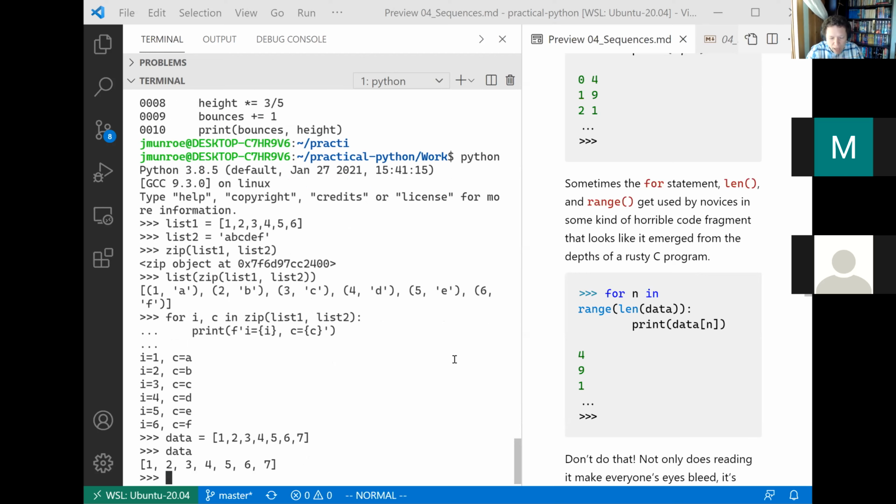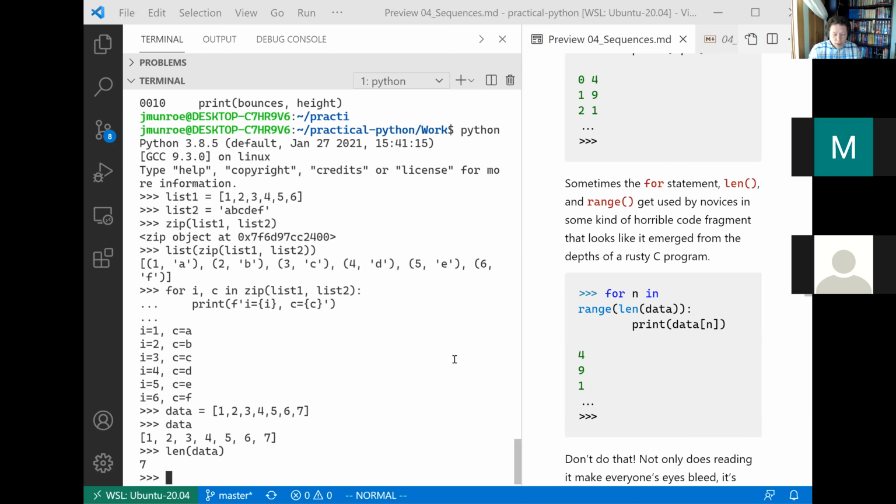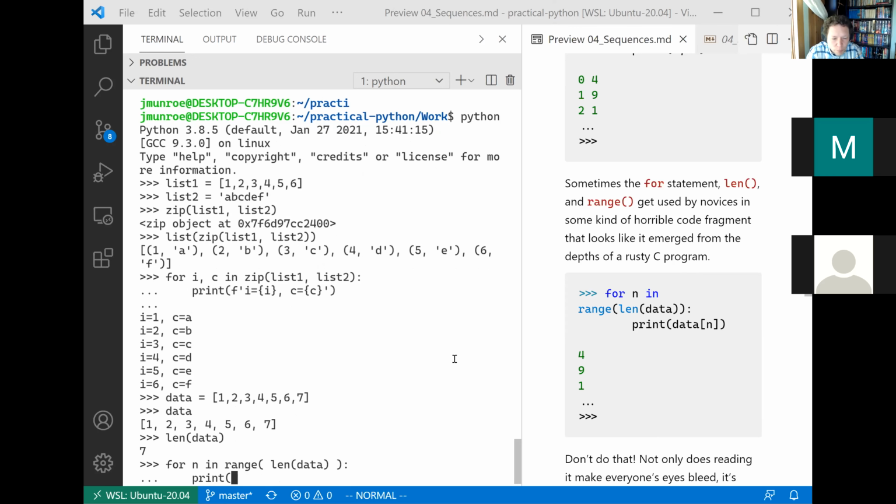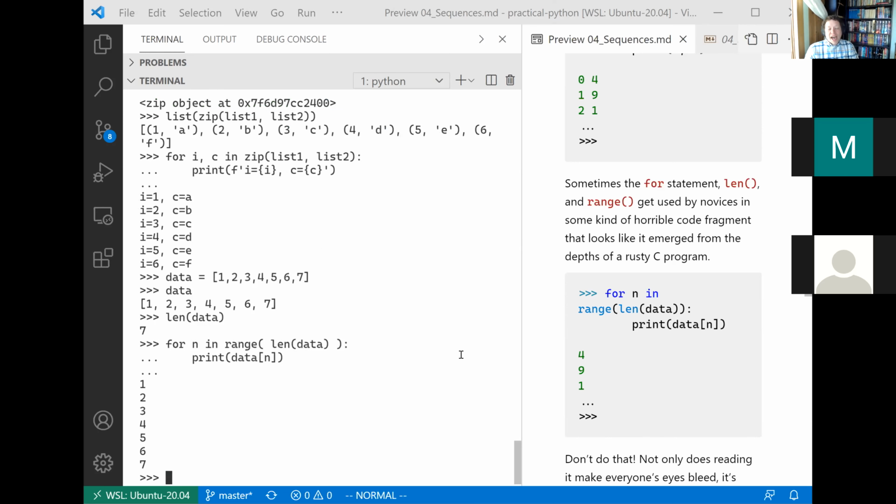Okay, so I've got some data. I know that data is 7 characters long. I can say for n in range, well, what do I want to range over? The length of that data. And then I want to print data of n. Okay, that works, but